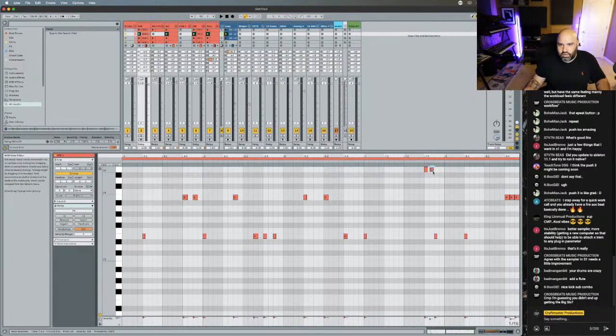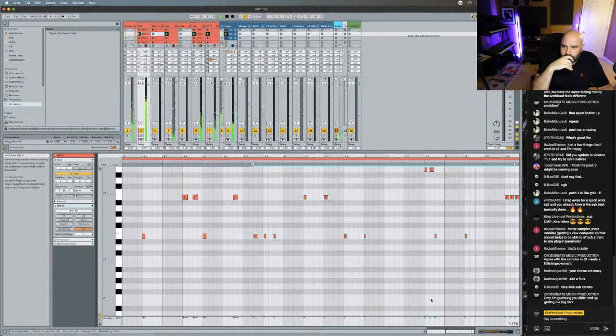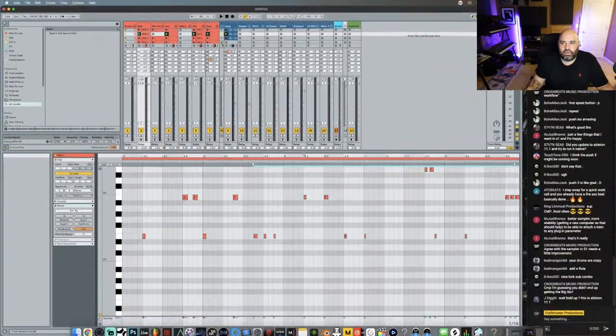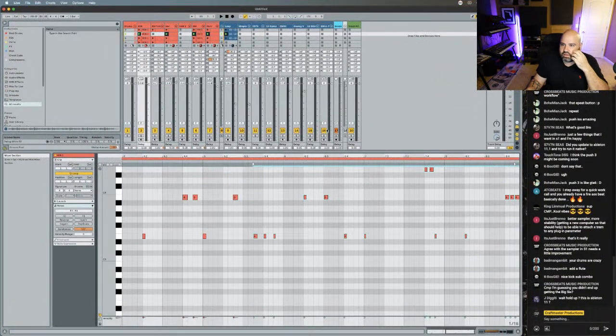Maybe here I go big. Right, so that's working with 3 unique patterns.